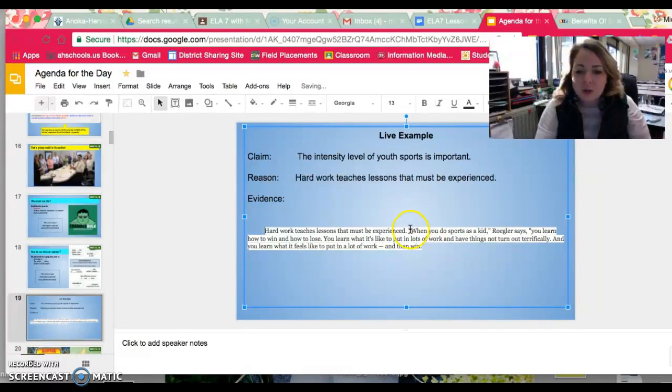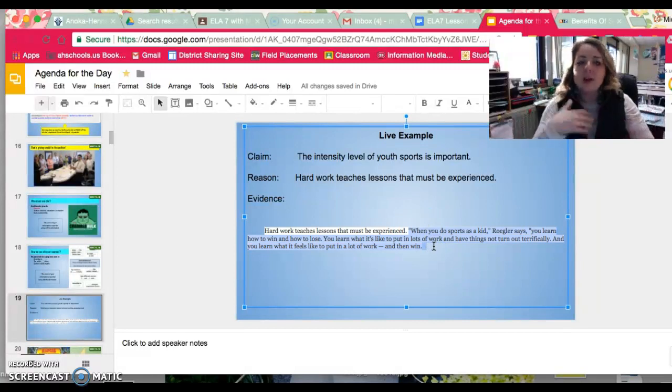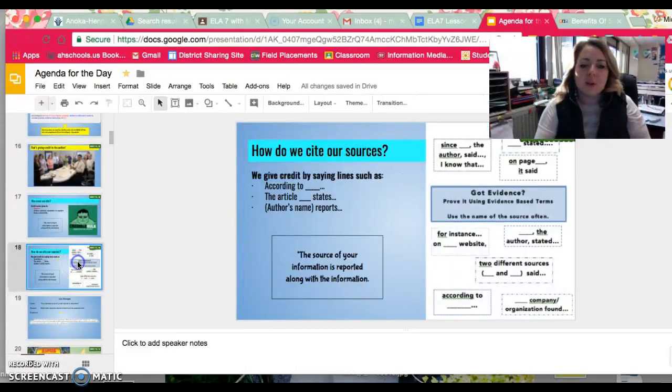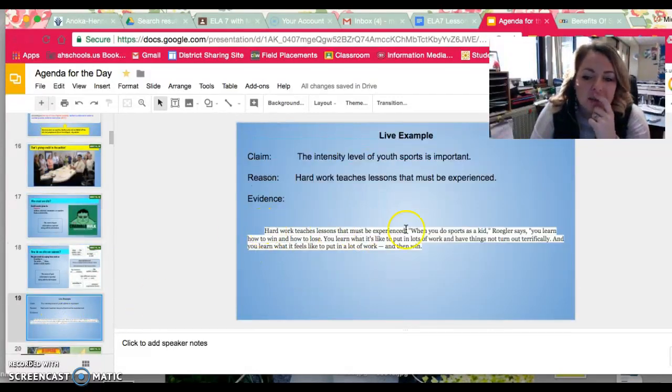I would not just go straight into this quote from there. I would need to gradually bring people into it. So that's where these things really come in handy. So I could possibly use this one, according to blank, and then put in the quote. So I'm going to do that. I'm going to say,